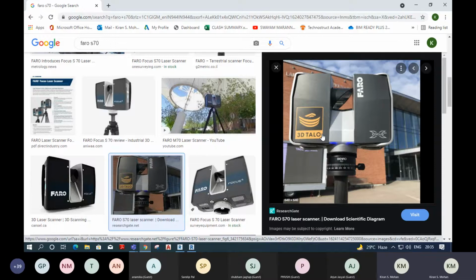And in archaeology also we are using this scanner for scanning the remains of bones and archaeological sites and buildings. So for recording the 3D data of these elements, we are using this equipment. That's the first use. Second one, we are using this for scanning a building, suppose if you want to reconstruct a building, or if you want to modify a building. In that case, you can record the existing building by using this method.